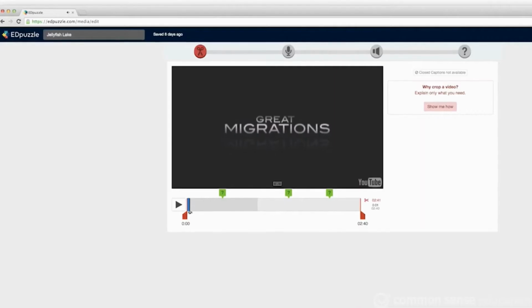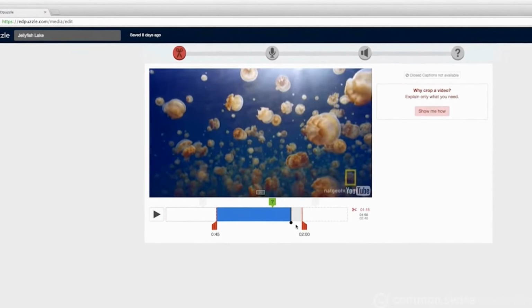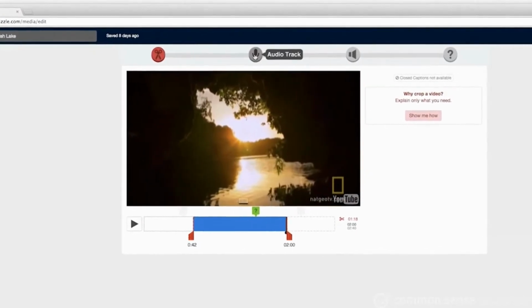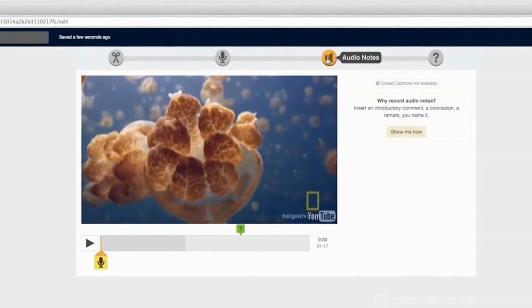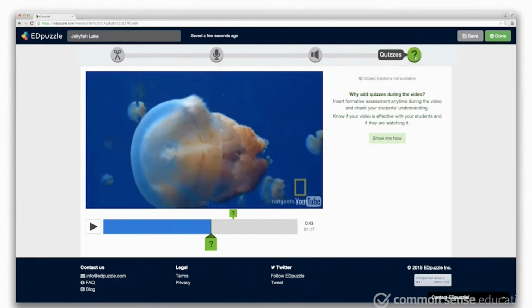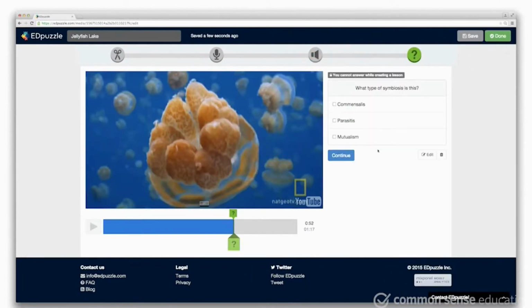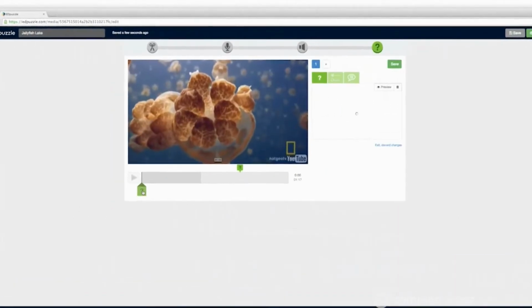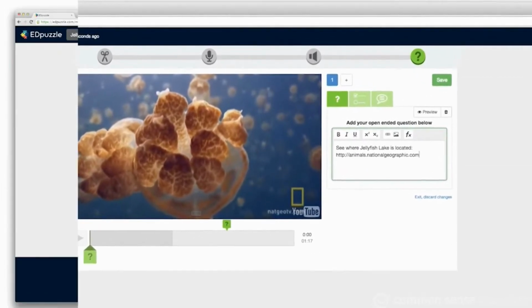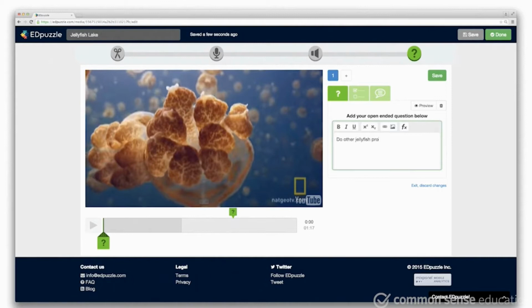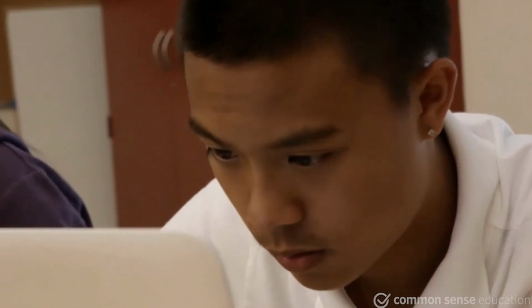Then have at it. You can crop and splice together the parts of the video you want your students to focus on. Now let's say you just want to reinforce a key point or further explain an idea. Just add your own voice into the mix with audio notes and voiceovers. Check for understanding and get formative feedback by adding polls or multiple choice questions throughout the video. Give visual cues by adding relevant images. Make a cross-curricular connection by linking to related web content. Draw students in deeper with higher order thinking by asking them to make predictions or add their perspectives by embedding questions. For the optimal viewing experience, Edpuzzle allows you to design customized guidance and support for your students.